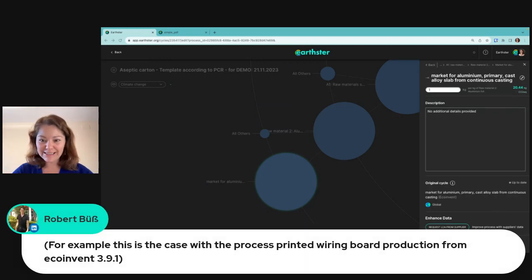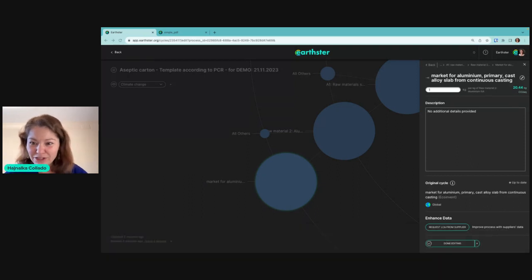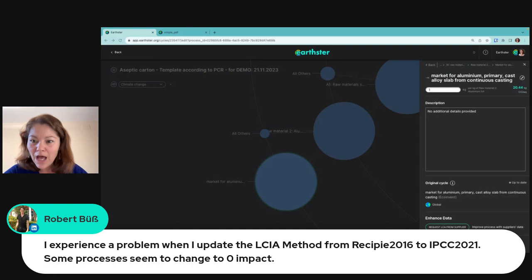Let's see. Robert is asking, for example, this is the case with the process printed wiring board production from Ecoinvent. Oh, then I am reading the continuation here. I experienced a problem when I update the LCIA method from recipe 2016 to IPCC. Some processes seem to change to zero impact. That's an interesting one. Robert, please send an in-app message, and